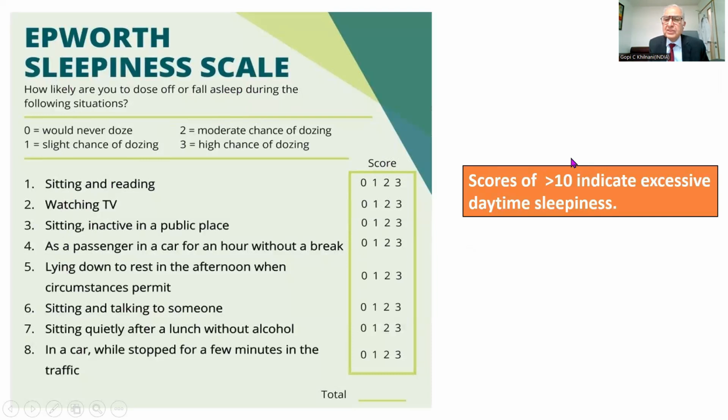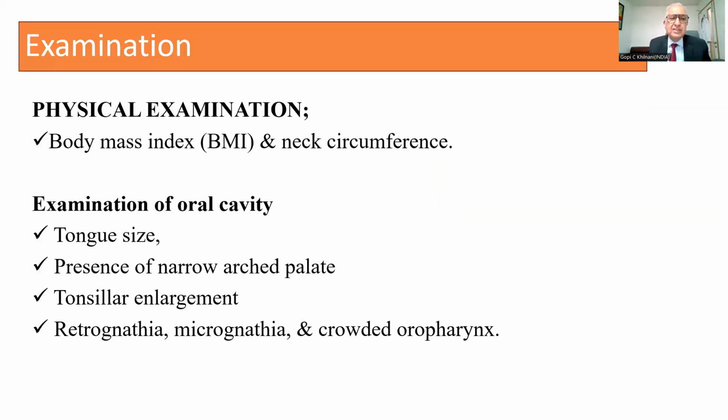And a score of more than 10 is considered significant for daytime somnolence. If the score is more than 10, then you have to go further for the sleep study. Now, on the physical examination, the neck circumference, as I said, in males more than 17 and females more than